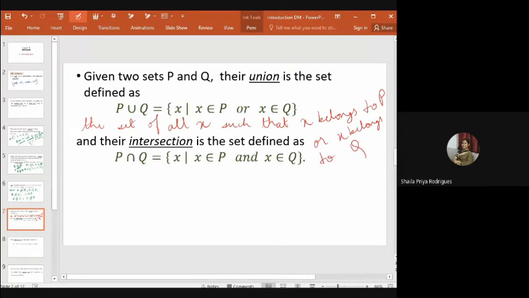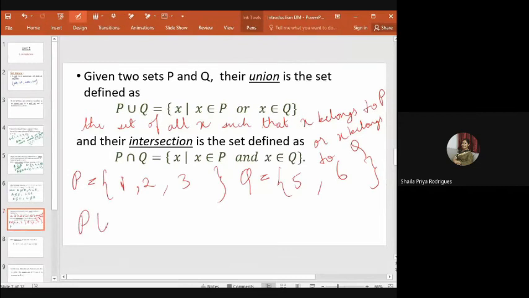Quickly give me 2 sets P and Q, and then we'll write their union. Give me a set P. Come on, put up the elements in the chat. Give me finite sets P and Q. Okay, Panchami has given 2 sets: P is 1, 2, and 3, and Q is 5 and 6.